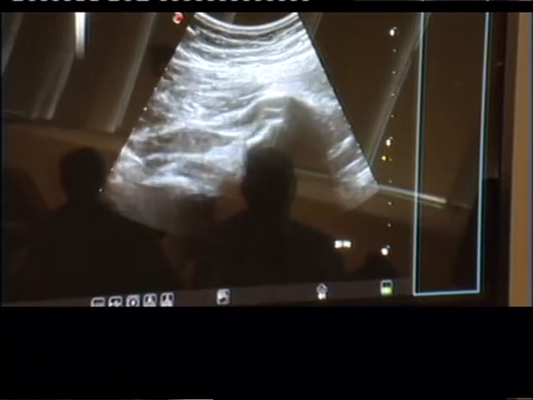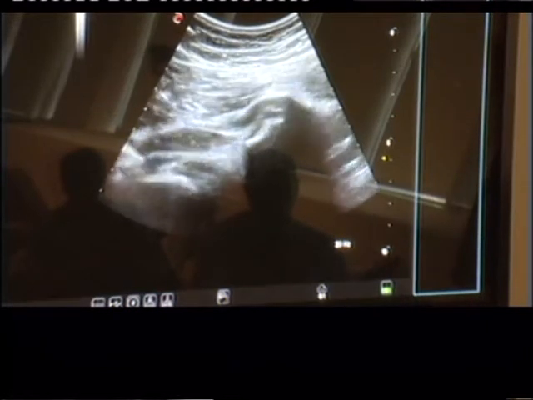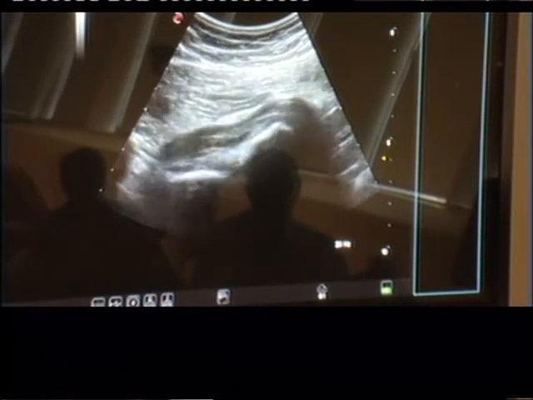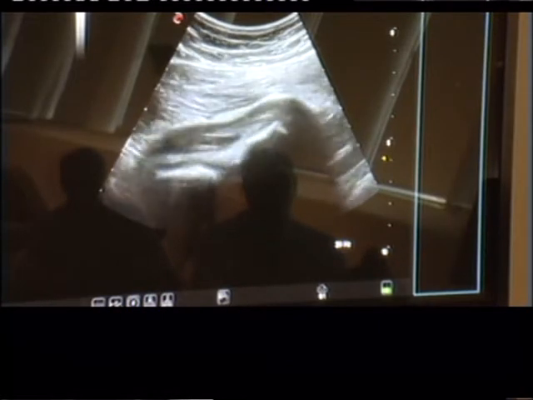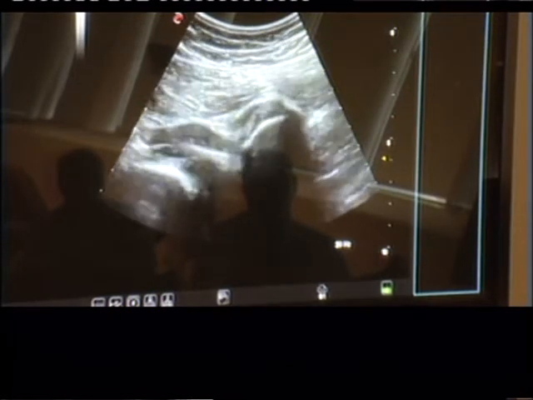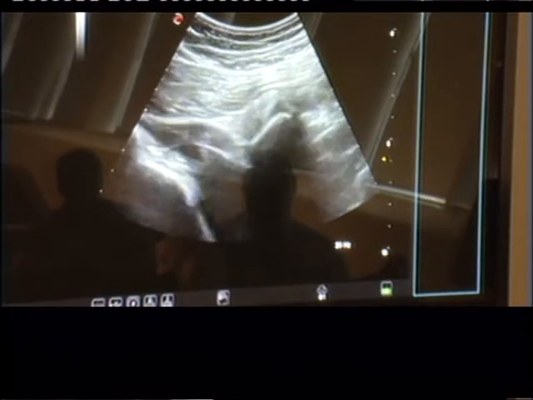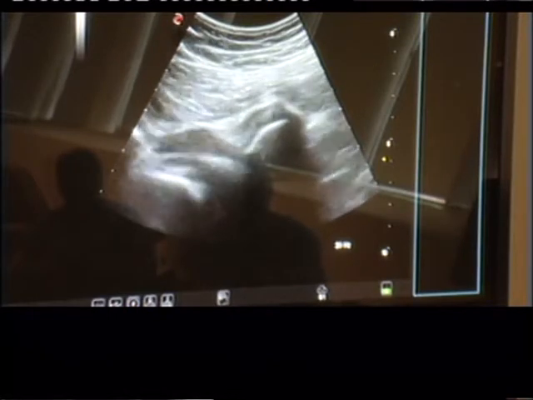Both. Is that the quadratus? Now obturator internus, right? Obturator internus, hamstring. I didn't even move the probe. Obturator internus, hamstring. So if I turn the probe this way,